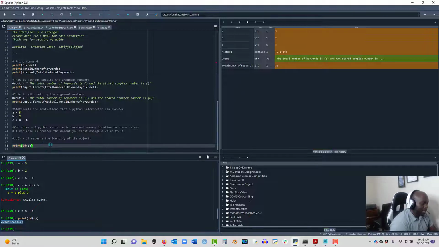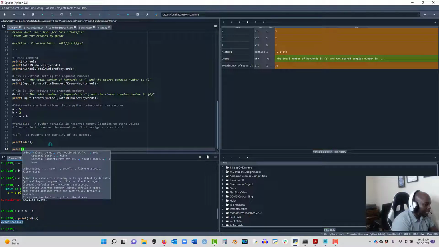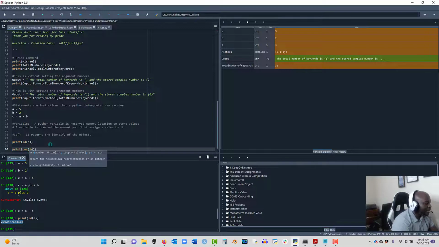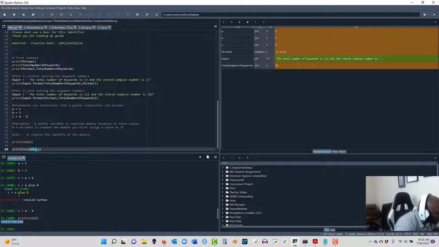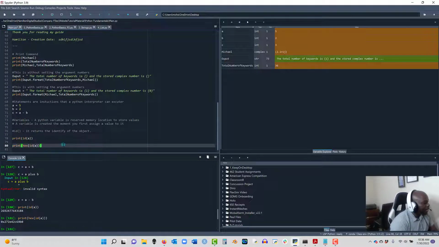To see it more like how a computer scientist would see it, if you say print and then use hex, then ID, and then A. So what I did is this part runs like this and gives me this number, then that number is converted to hexadecimal form and then printed onto the screen. So this is the actual memory location for A right now. So I'm going to do this for A,